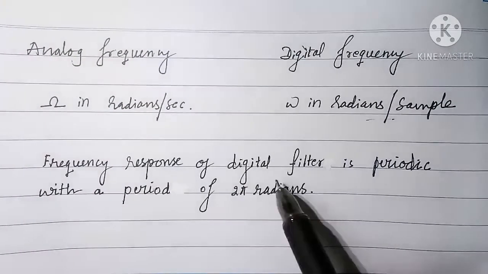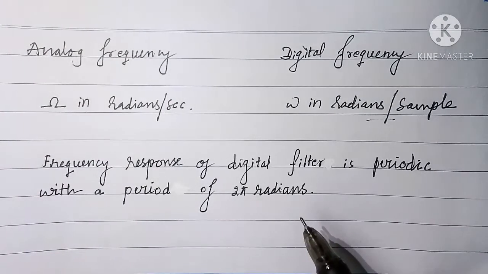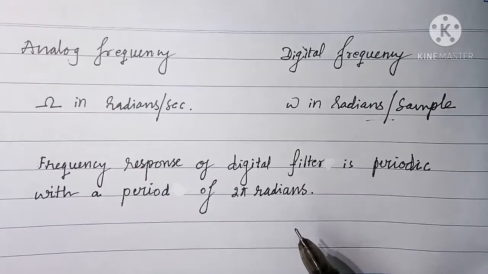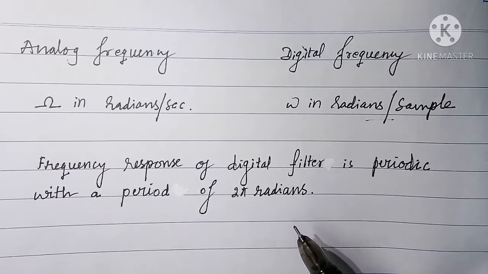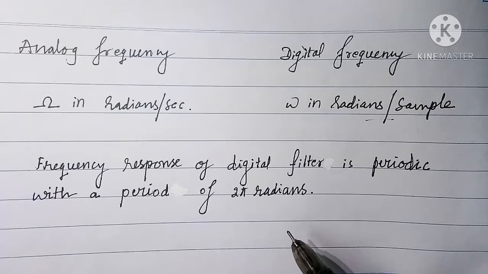Frequency response of digital filter is periodic with period of 2 pi radians. The frequency response of digital filters are very much similar to the frequency response of analog filters of same type, and therefore the frequency response of digital filters may be obtained